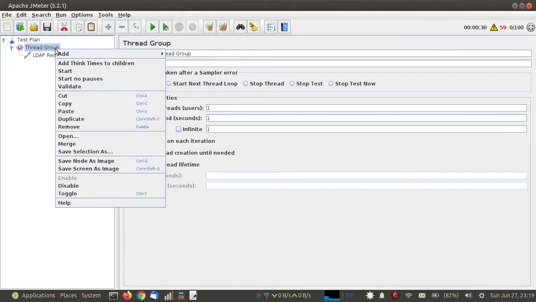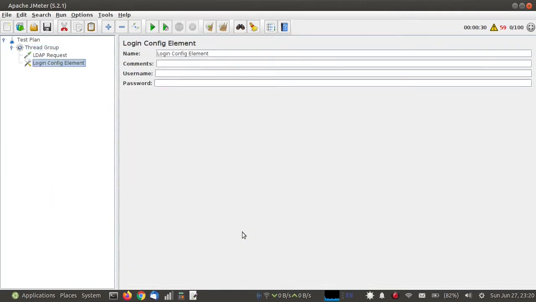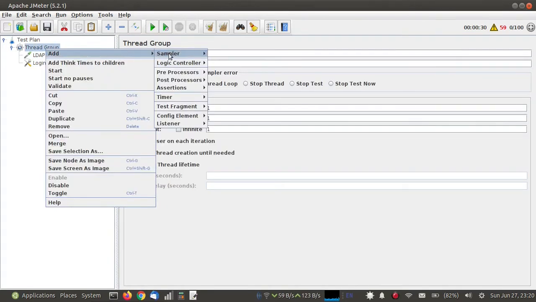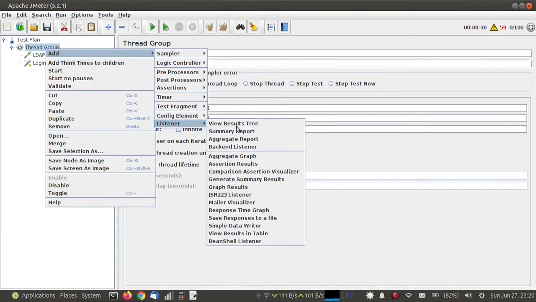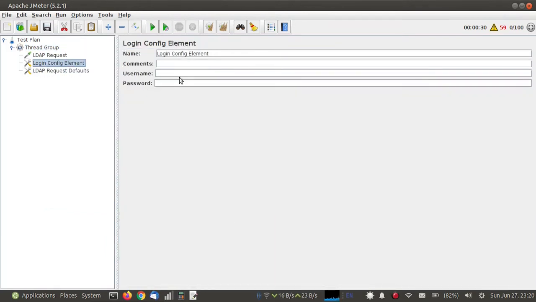So first I am going to add a config element, login config element. It has username and password. Then I am going to add another config element, that is LDAP request defaults. Here I am going to add the username and password of my LDAP server.